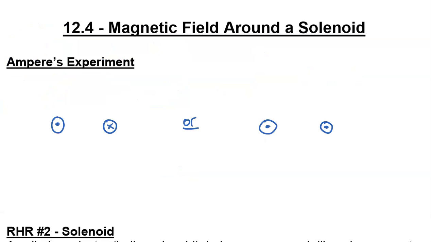So interestingly enough, Ørsted is not really known as the father of electromagnetism. And the reason for that is because André-Marie Ampère came along, and he actually showed that not only is a magnetic field caused by a current, but he showed how we can actually get this magnetic field to work as a magnet.